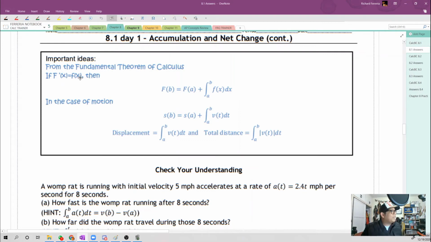We've got the idea that from the fundamental theorem of calculus, if we know that the derivative of big F is little f, then we get this equation where big F at b minus big F at a plus the integral from a to b is little f. Now, in terms of something more